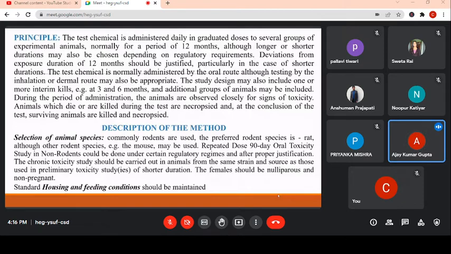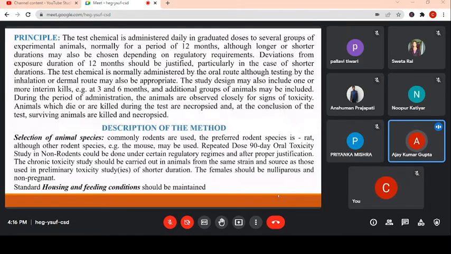So what are the standard housing and feeding conditions? Water, specific type of feed, temperature, and the dynamic variation, that is day and night maintenance. So that is why the animal house facility is essential. There are a lot of books by N.K. Jain or Mittal where these conditions are given. Similarly, the practical pharmacology books also elaborate on it and you have already studied it. This is why it is not mentioned over here.